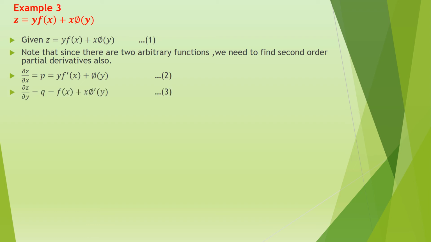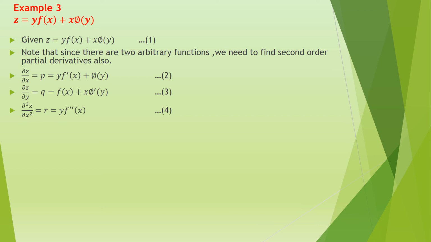Dou z by dou y, we denote it as q. Here y into f of x, we are differentiating partially with respect to y. So f of x is constant, y derivative is 1, plus x is constant, derivative of phi of y is phi dash of y. Now we differentiate partially with respect to